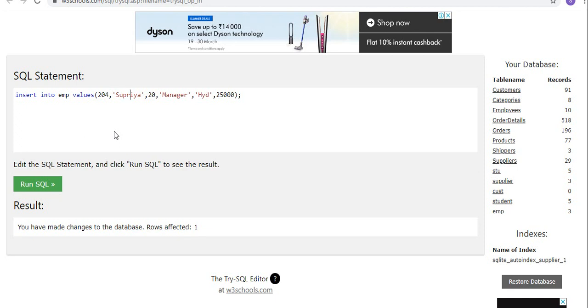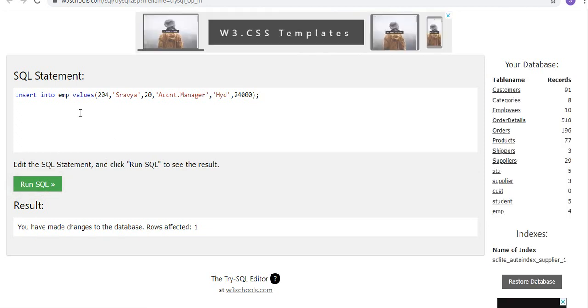204, will change here. I'll make it as accounts manager. Run SQL, 4 records, 5.